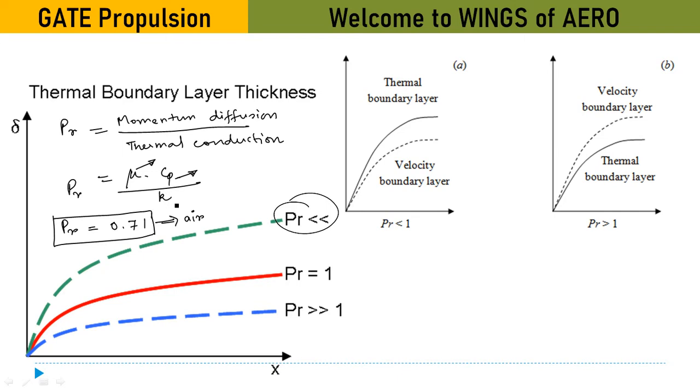Now as I've said, there is a wonderful relation between this laminar boundary layer and the thermal boundary layer. Now what is the relation? We will see that del suffix T by del equals Prandtl number power minus 1 by 3. Or we write this formula as del by del T equals Prandtl number power 1 by 3. So I will suggest you to remember this formula.